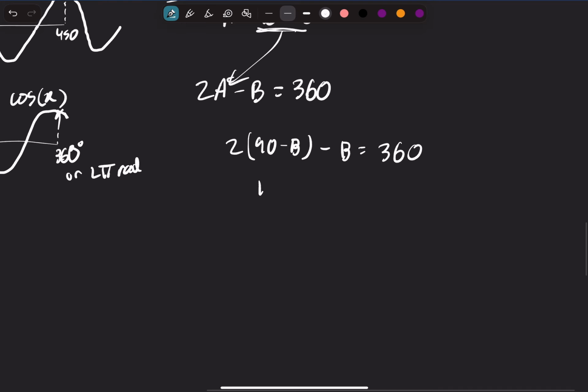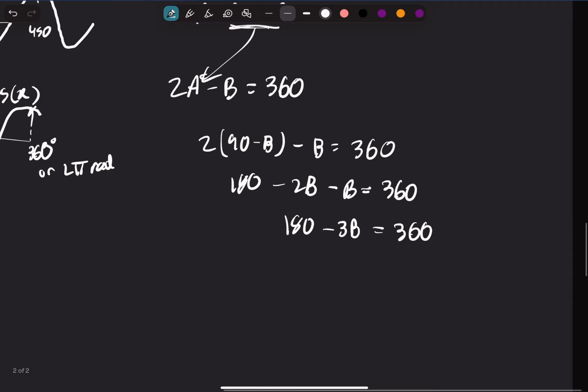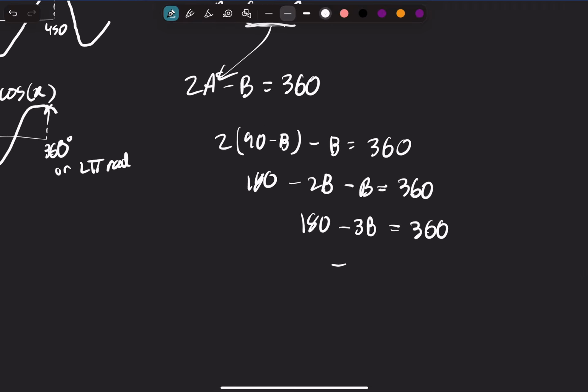If we expand, we get 180 minus 2b minus b equals 360. Now we get 180 minus 3b equals 360, and we get minus 3b equals 180. And therefore b equals negative 60, which